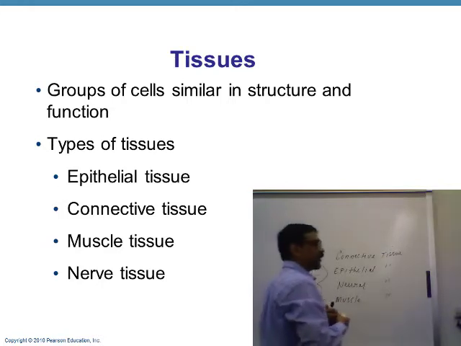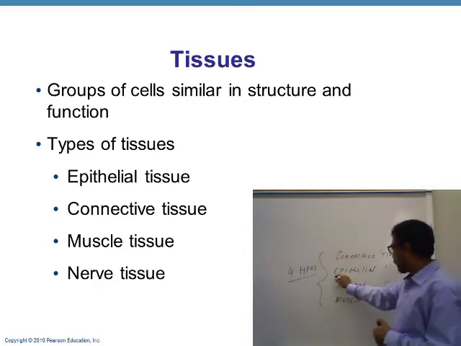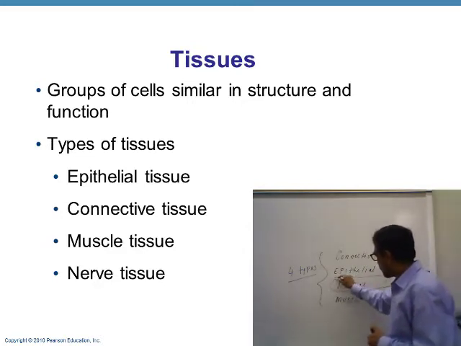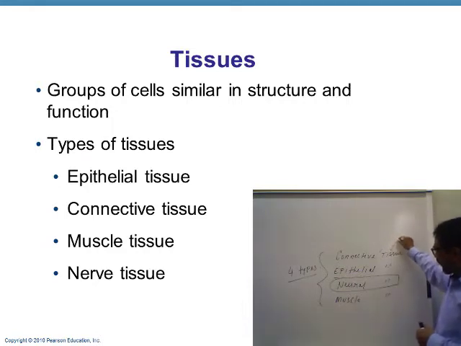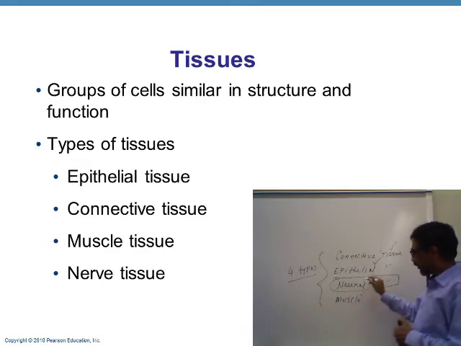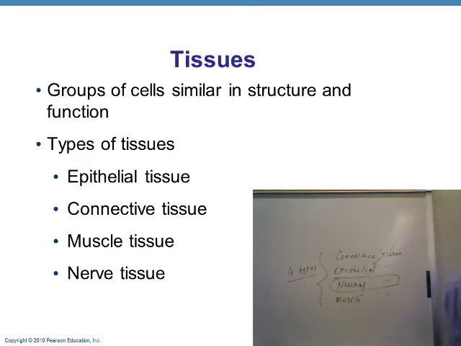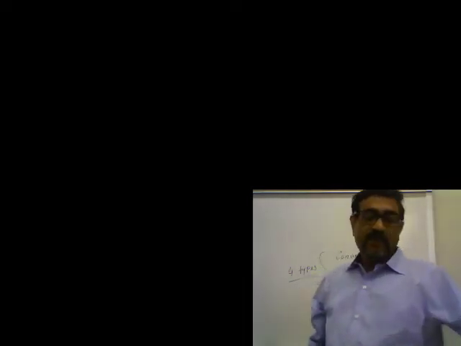Now, each of these 4 has different subdivisions or subtypes, except the neural. Neural is only one type, but connective, there are many different types of connective, different types of epithelial, different types of muscle tissue. So we'll talk about those different types of tissues. First,